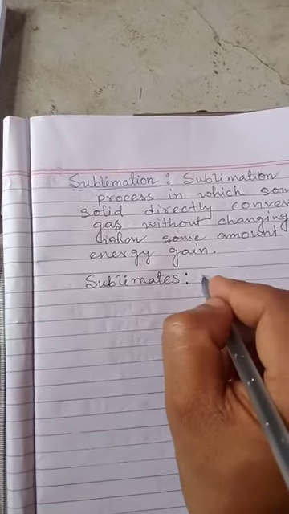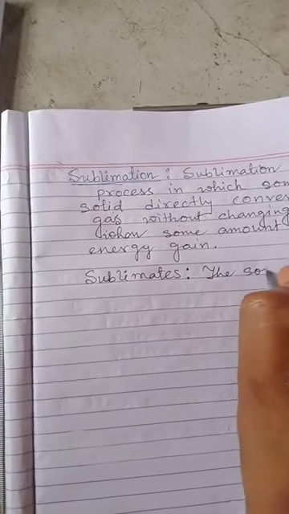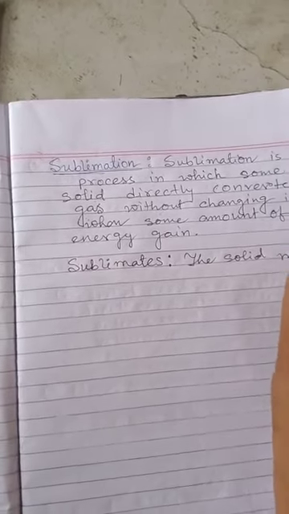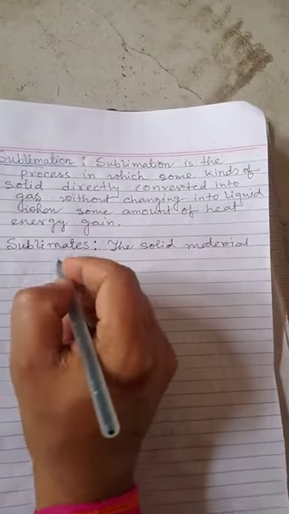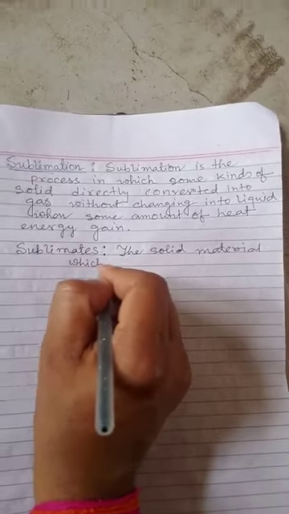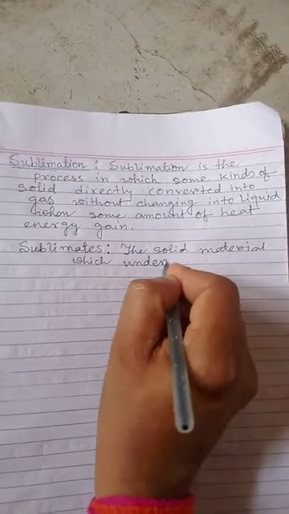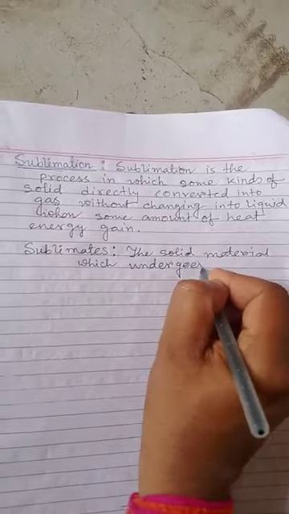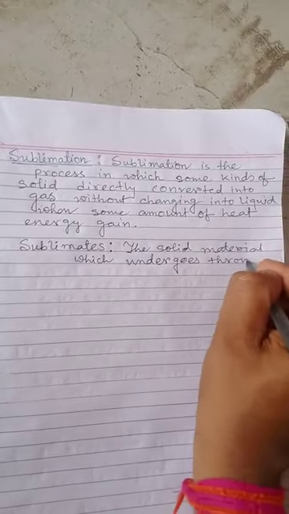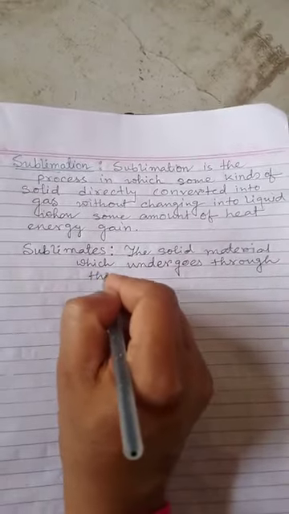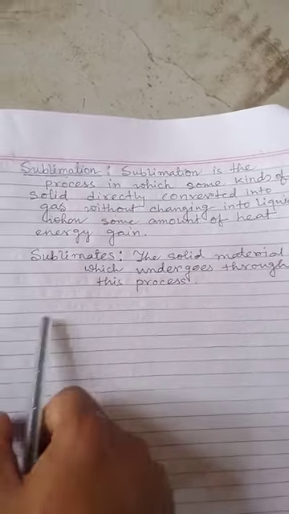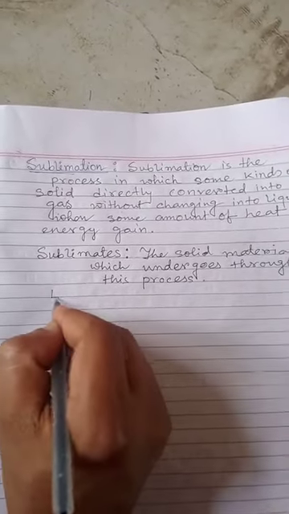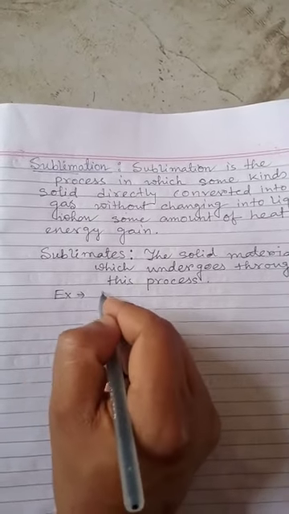So the solid material which undergoes through this process is called a sublimate. Examples of sublimates are camphor,